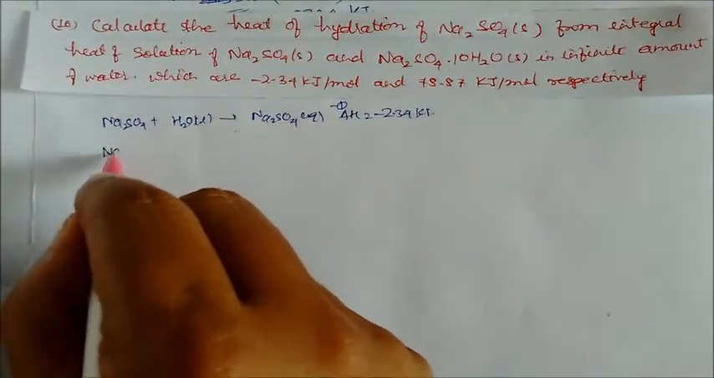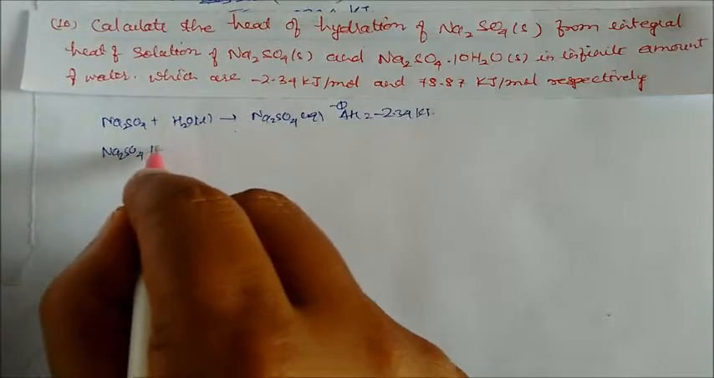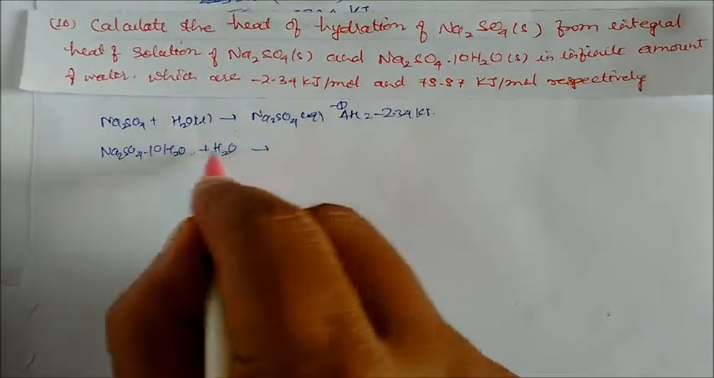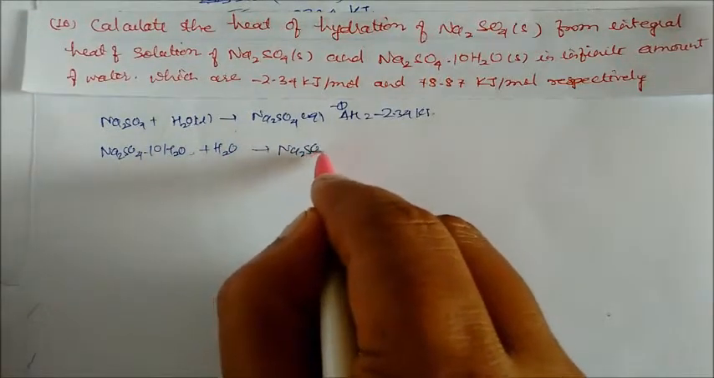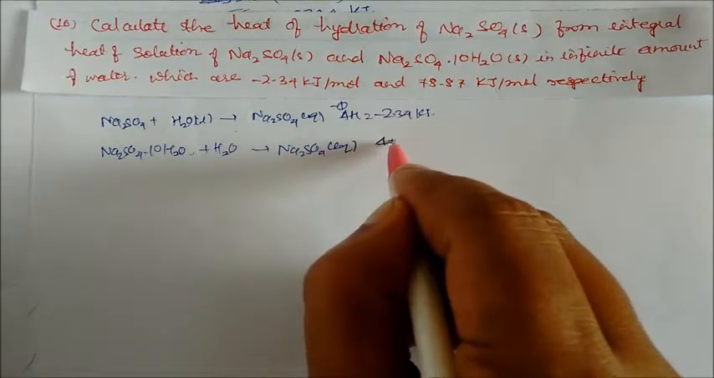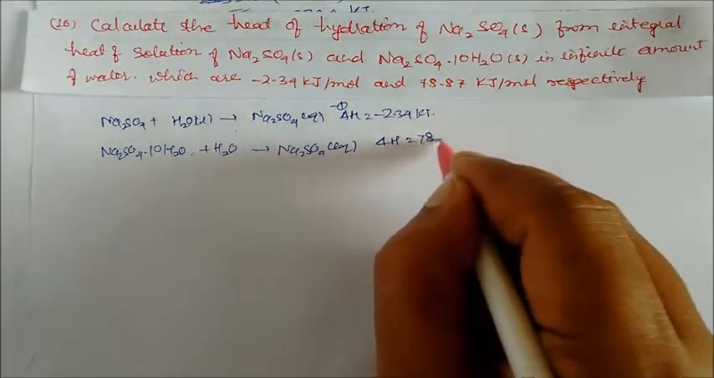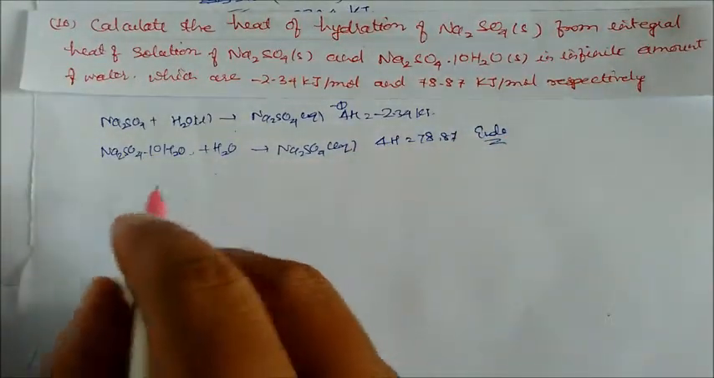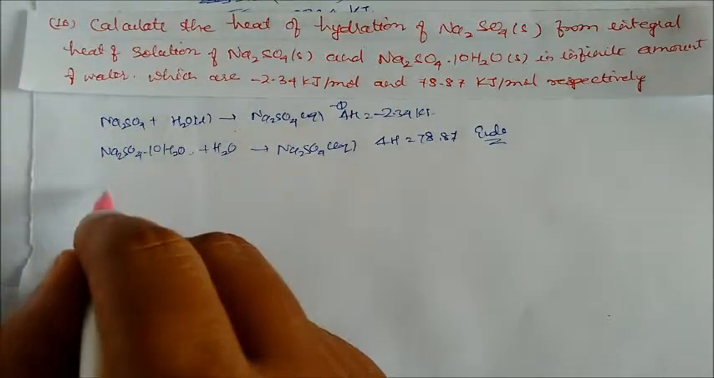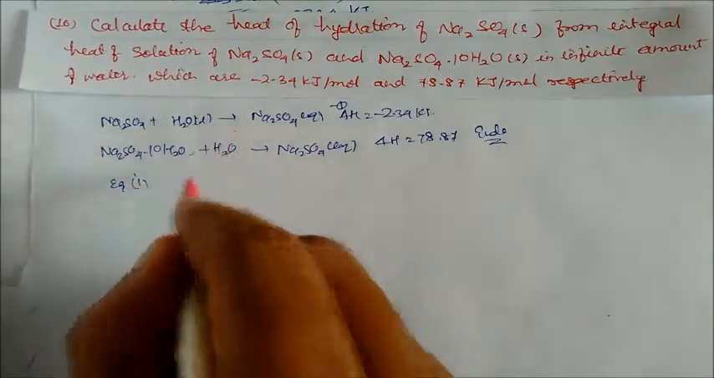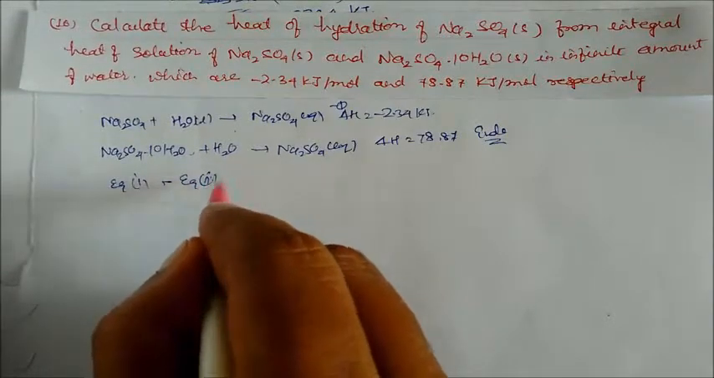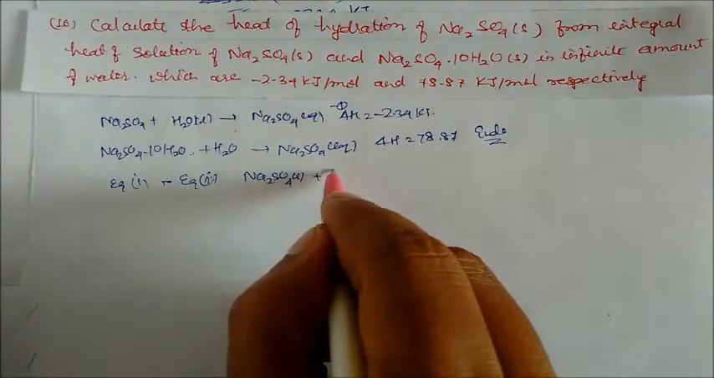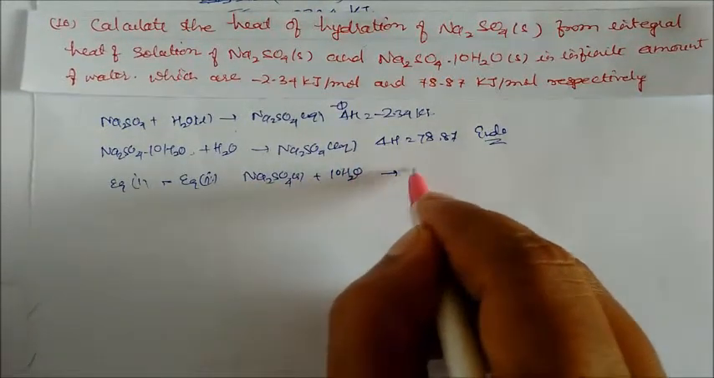Second case, sodium sulfate 10 molecules of water. Again we are providing water. In this case they will give you sodium sulfate aqueous solution, but delta H is 78.87, so an endothermic reaction takes place. This is endothermic. Again we have to subtract, equation 1 minus equation 2, so we will get the equation: sodium sulfate in solid plus 10 molecules of water will give us sodium